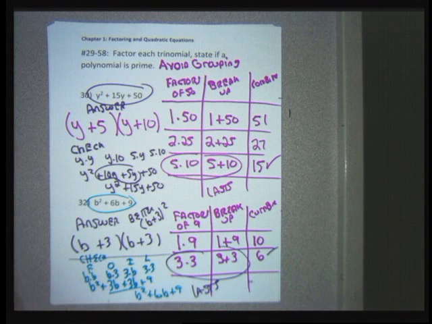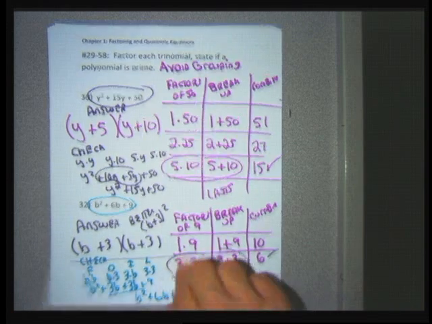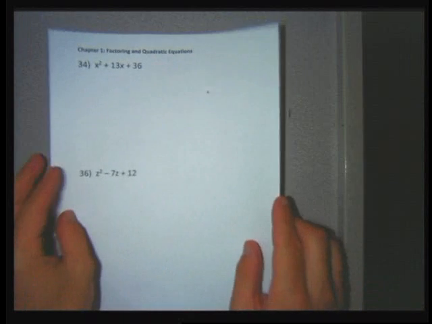So each of the problems between 29 and 58, I'm going to make a table and factor without doing grouping. Most students don't need to see this table. They could just look at the problem and know how it factors because they could do this math in their head without writing it down. But I'm going to make the tables just so you can see how they work. For 34,